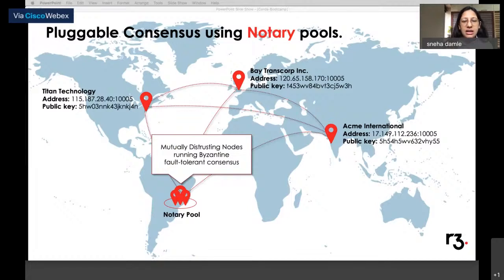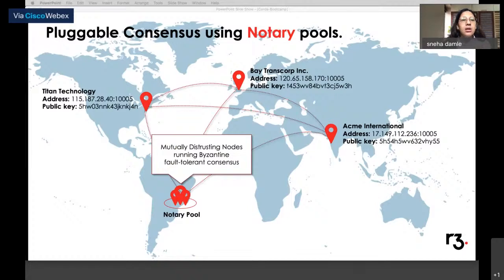So this is basically double spend. How do we prevent Titan from selling the same car to two parties at the same time? For this particular situation, we would require something which would take care of preventing double spends. Now, if you look at Notary, Notary is the guy which will help Titan, or which will help the nodes within a particular network, to prevent